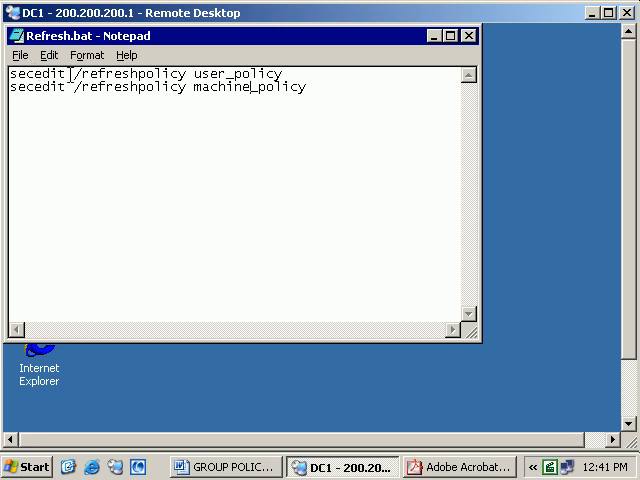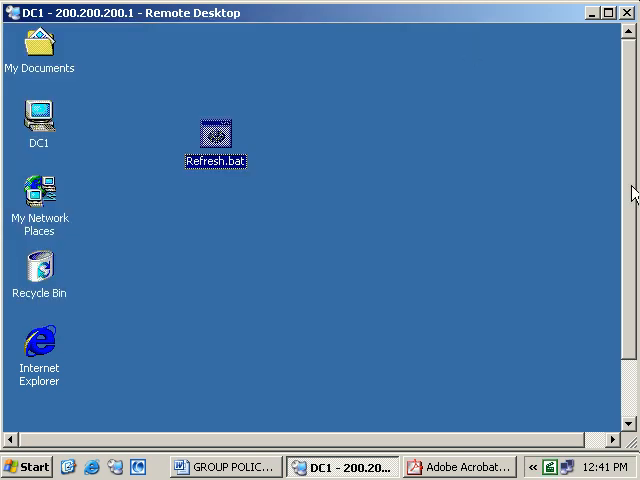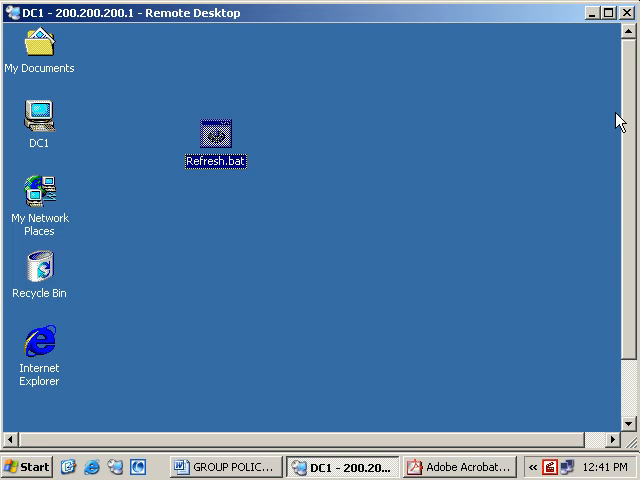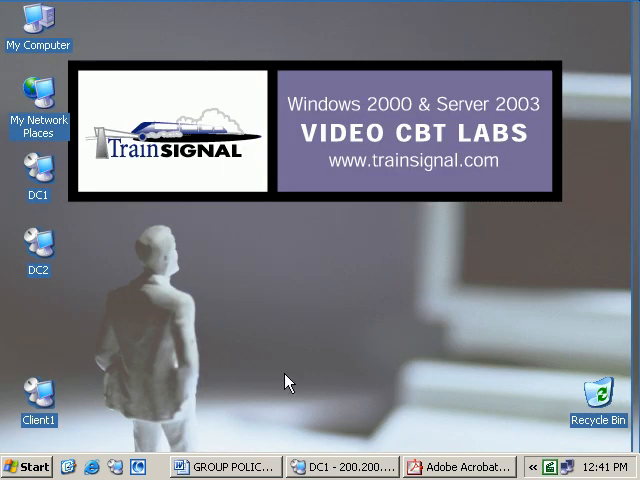So the first line will refresh all the user configurations under the group policy object, and the second one will refresh all the computer configuration in the group policy. So let's save this file. From now on, rather than type this command, I'm going to simply double click on this batch file, and our policies will get refreshed. So that's a little lesson in batch files for you. Alrighty, so let's minimize this, and let's double click on client one